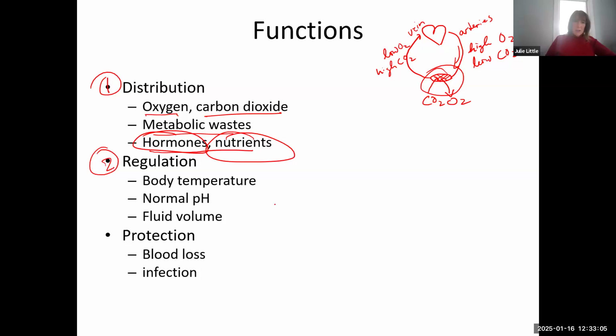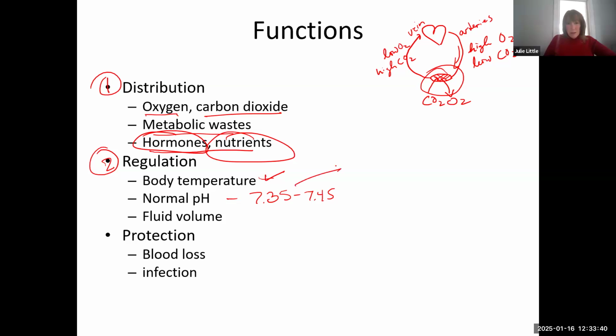Another one is regulation. Regulates body temperature. We know when we're hot and our blood goes to our skin, it can dissipate heat, or if we're cold, our blood can be shunted inward to maintain our body temperature. So one big thing that our blood does, because of the hypothalamic control, is control our body temperature. Another thing, blood regulates our normal pH. Blood pH will be between 7.35 and 7.45. And it's